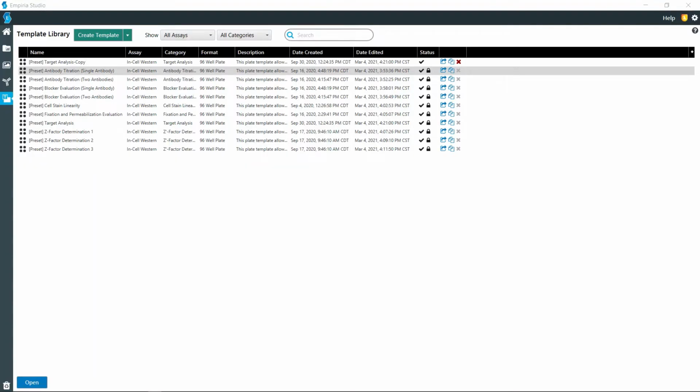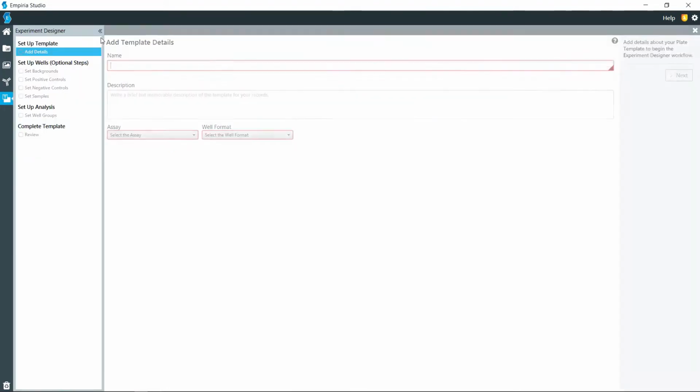In this video, we will be going through the steps involved with creating a template for an In-Cell Western for blocking buffer evaluation. So here in the template library, you're going to click on Create Template